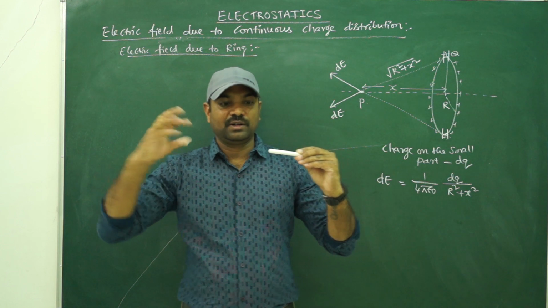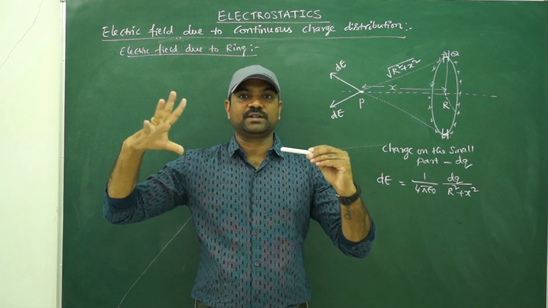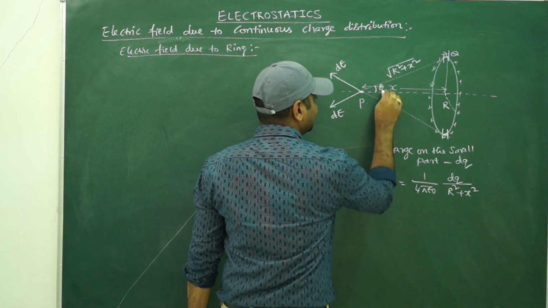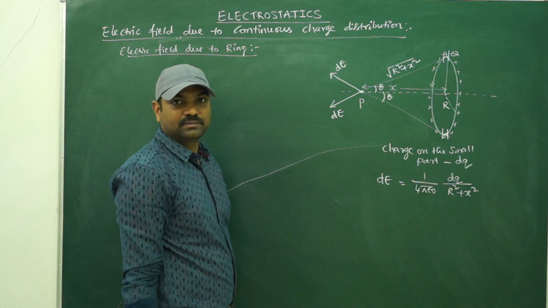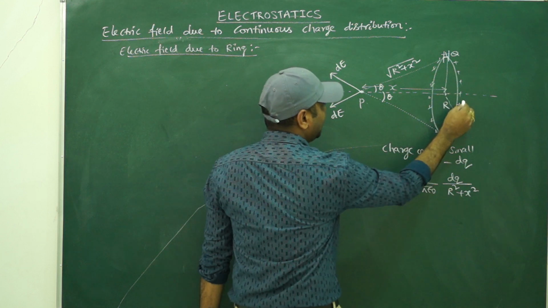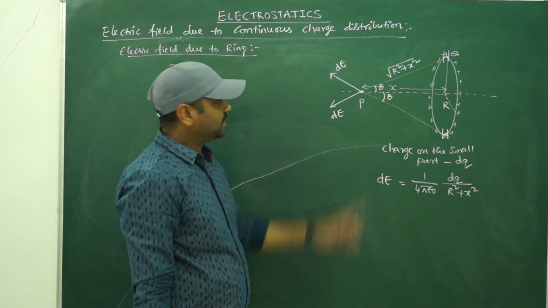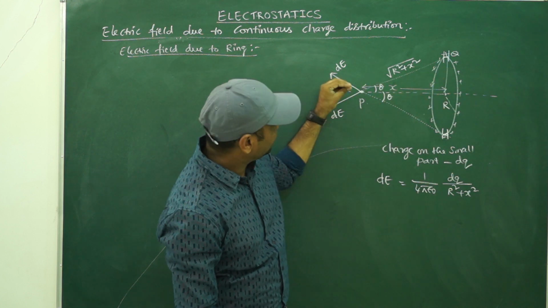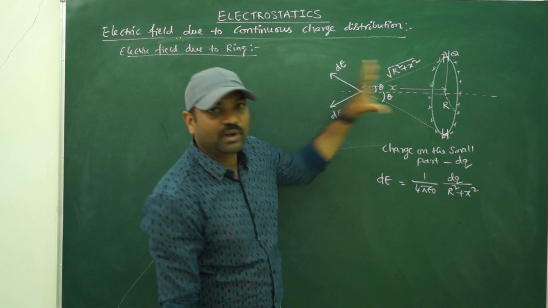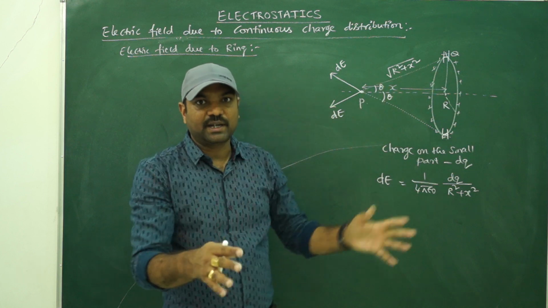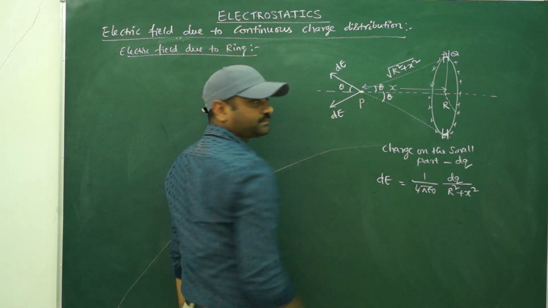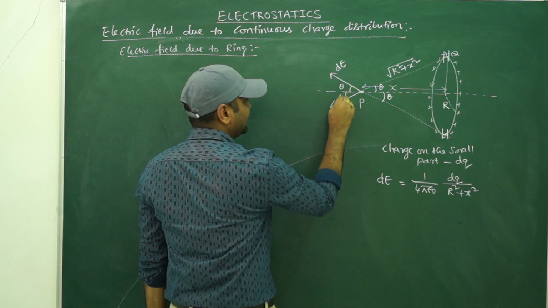So we have to find out the resultant of all these vectors. Then how to do it? If I take this angle as theta, obviously this angle also will be theta, symmetry. Like that, you take any small part, that part will make an angle theta with the point P. It's something like a cone structure. If I connect point P to every point of the ring, that creates a cone. Okay. So then this angle will be theta. I can make even this also theta.